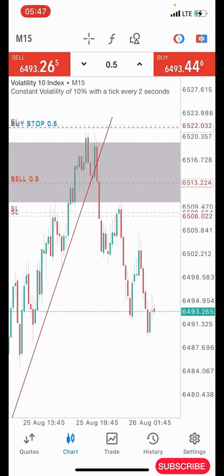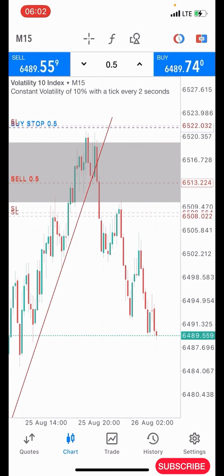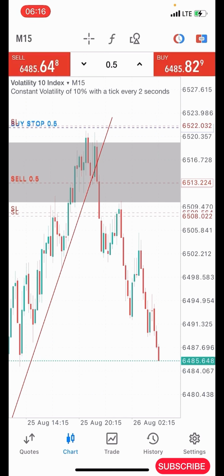In today's video, I'll be sharing with you guys another powerful volatility index strategy that you can use to grow your small account, okay? And in this video, I'll be showing you guys how I was able to do my analysis before taking the entry, how I spot this entry, and my reasons for taking the entry, okay? So if you want to learn all that, make sure you stick to the video till the end and don't skip any part of the video, okay? So with that being said,